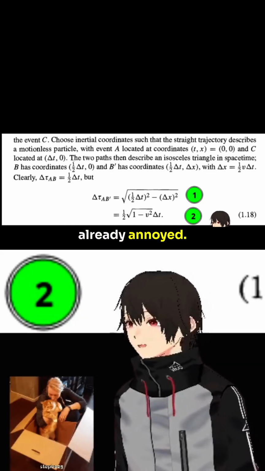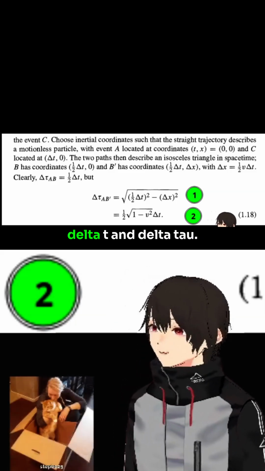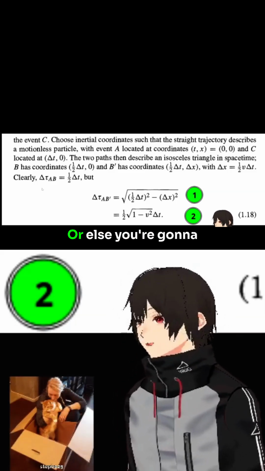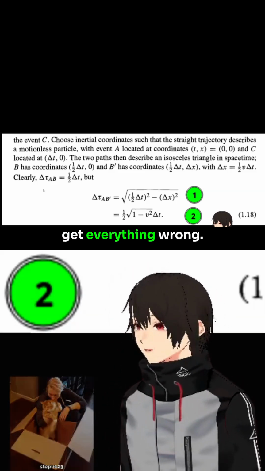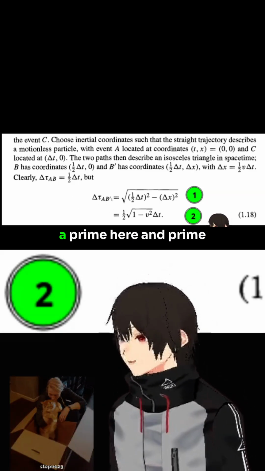I'm literally already so annoyed. So it's different. Yeah, and it's important. You have to differentiate between delta t and delta tau, or else you're not going to get everything wrong. Yeah. And the other thing is you have to realize that there's a prime here, and prime